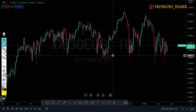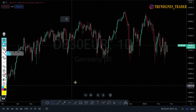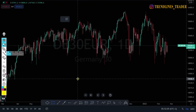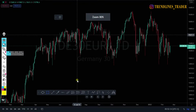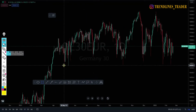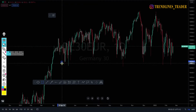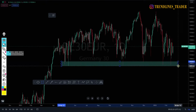So GER30 is still on... allow me to use this please, just to zoom. Yeah, I like to see things very clearly from this. Ladies and gentlemen, this is our instrument, the